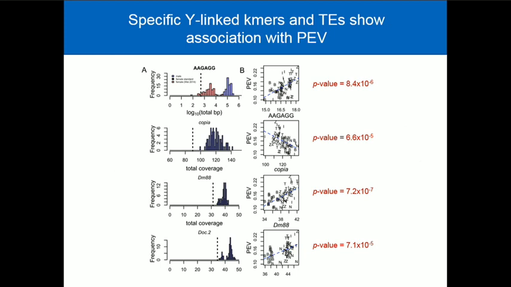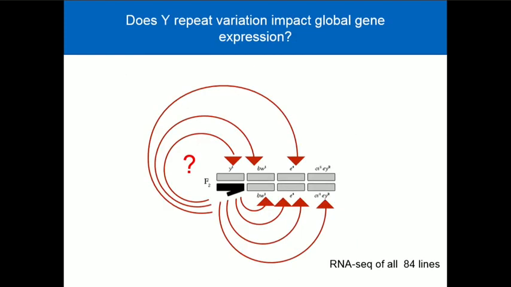And this, of course, makes sense because the tendency to bind those factors that have this trans-acting effect is going to be sequence dependent on the Y chromosome. So we haven't tested that directly, but there are lots and lots of hypotheses being thrown out by these experiments. So the next thing to ask is, here's the Y chromosome again in our Y chromosome replacement lines. Does that Y chromosome impact expression elsewhere in the genome?